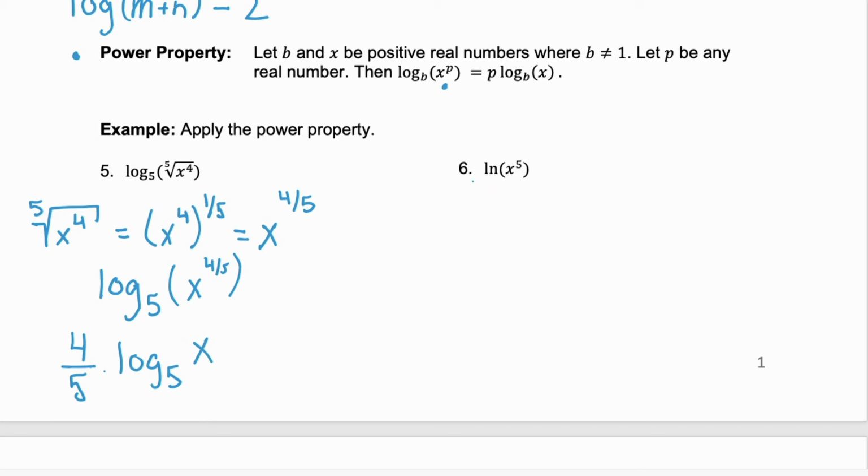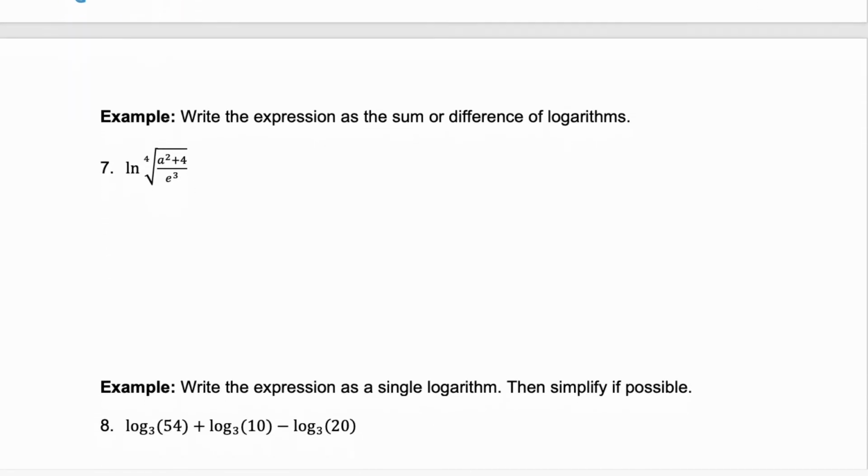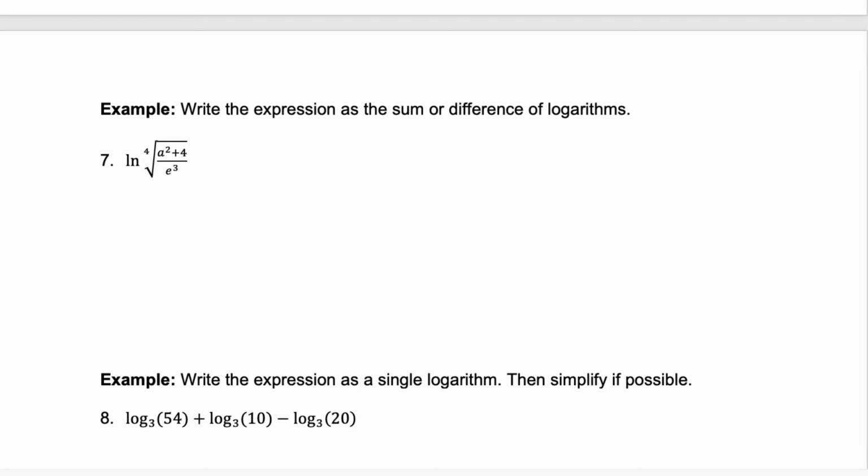In example 6, we're taking the natural log of x to the power of 5. Our power property tells us to take the exponent and multiply it by the natural log of that base x. Now let's combine all of these properties together to rewrite this natural log as an expression that uses the sum